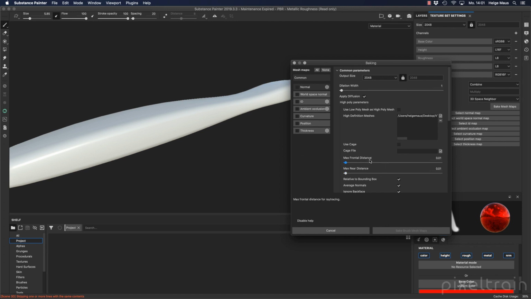And the thickness of the envelope is generated here with the max frontal and the max rear distance. So the envelope on one side is the frontal distance, and on the other side it's the rear distance. And this value here is in percentage, because this little tick, relative to bounding box, means these are percentages. If you want to have absolute values in units, you can deactivate this, but in our case percentage is good. But if you know, for example, that in one direction you have more details than in the other,